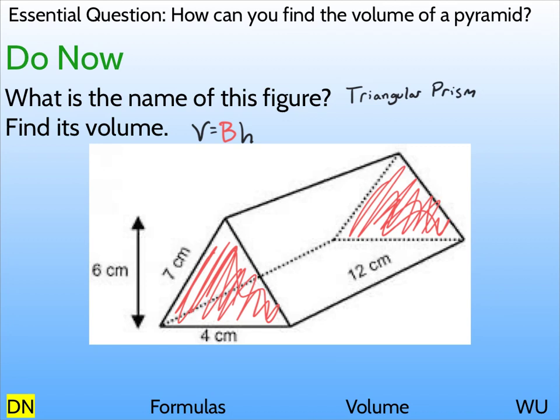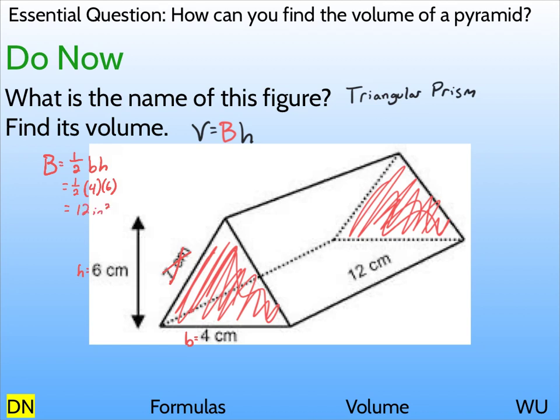So to find the volume, we have to do the area of the base, big B, times the height. First, to get the area of the base, it's a triangle, so we have to do 1/2 base times height of the triangle. The base of the triangle is 4. The height of the triangle is 6. This 7 is a slant height, and we don't really need it. We need the height of 6 and the base of 4. So with this, we have 1/2 times 4 times 6, or